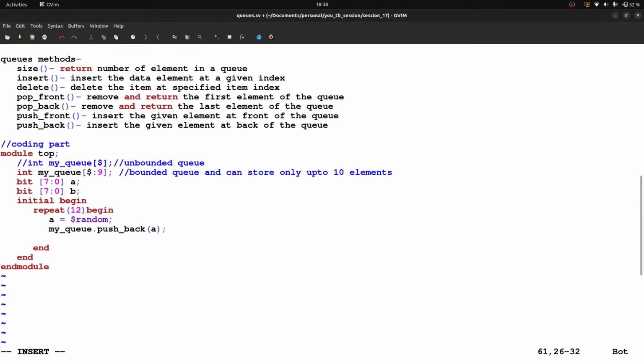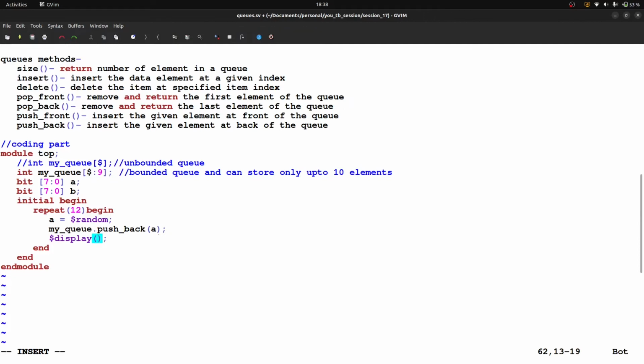After that we need to put $display. Okay, so let's write $display. Inside that, let's say I want to see my queue index wise, meaning I want to check on which index what the data element is, right?